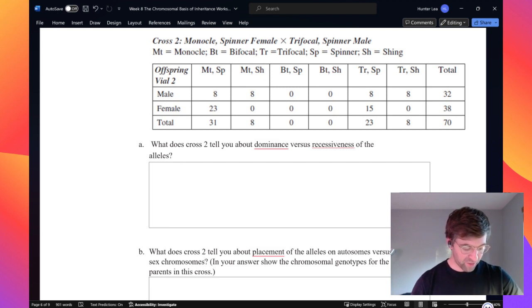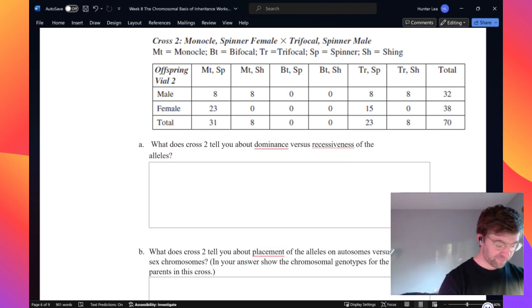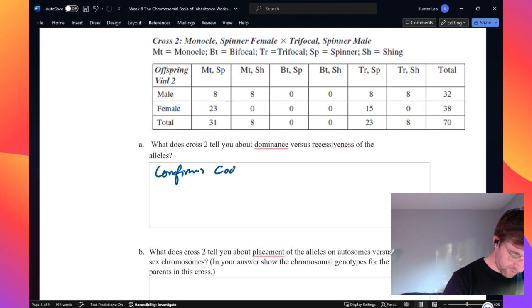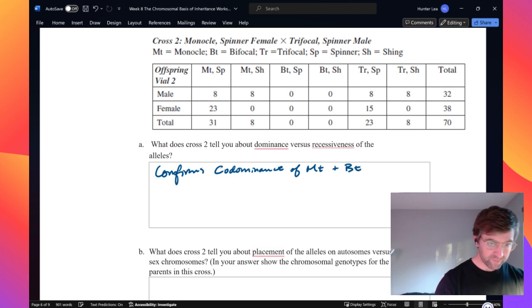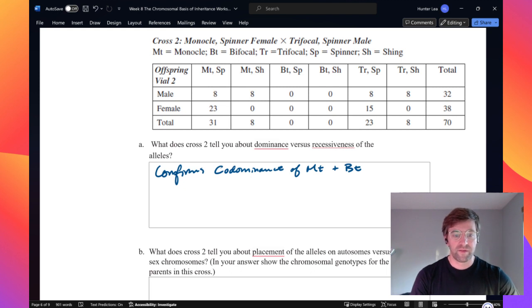So what does cross 2 tell you about dominance versus recessiveness of the alleles? So this confirms codominance, basically, of monocle and bifocal. Yeah. Now, because we get some shiny and some spinner in this cross,